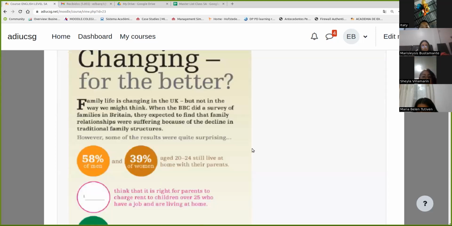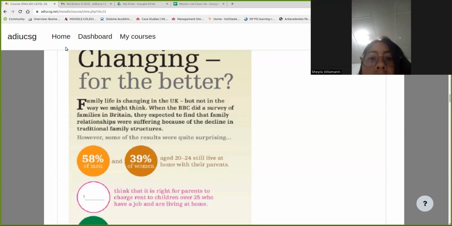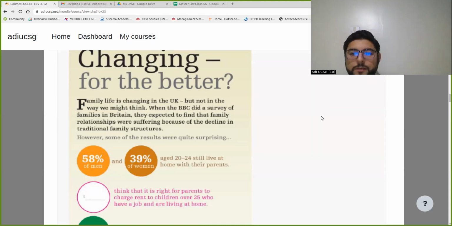Changing for the better. Family life is changing in the UK, but not in the way we might think. When the BBC did a survey of families in Britain, they expected to find that family relationships were suffering because of the decline in traditional family structures. However,